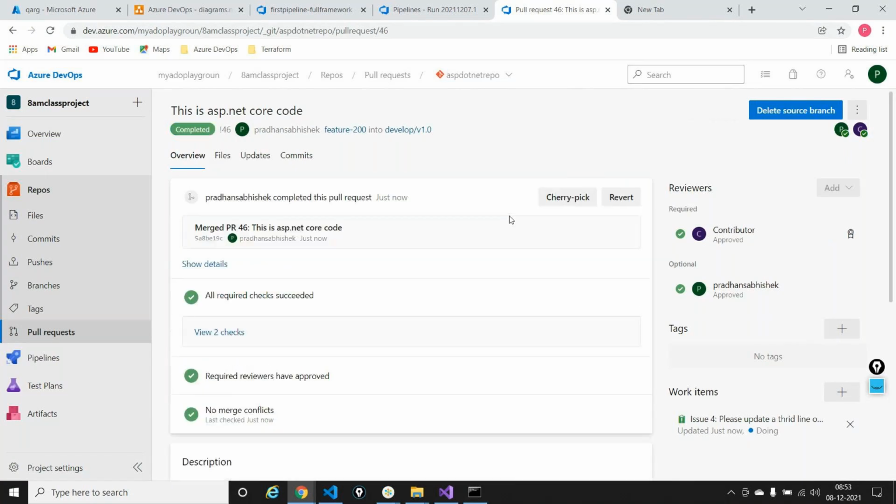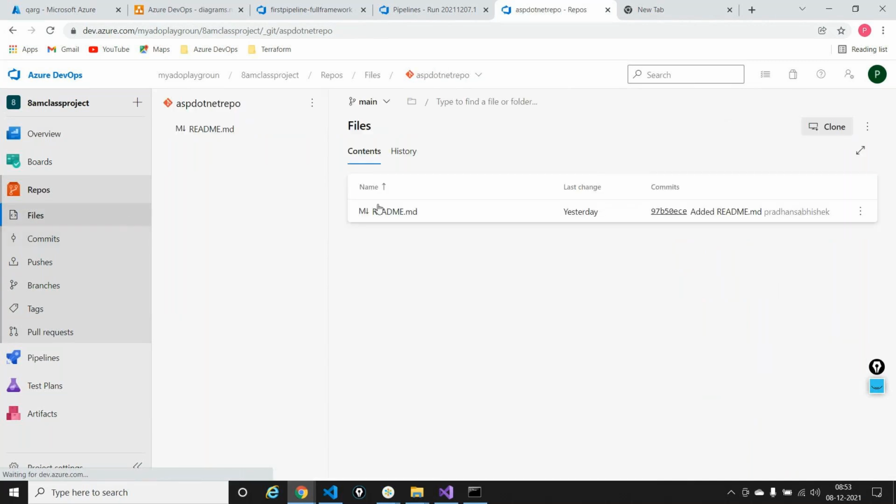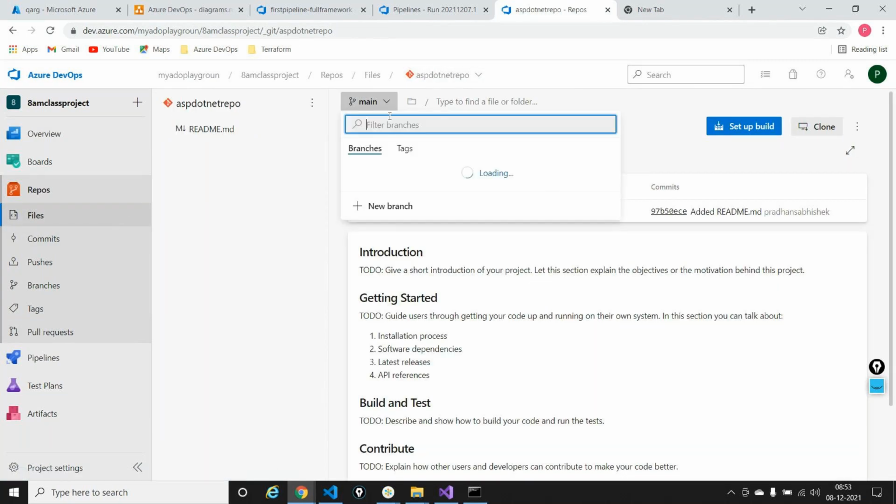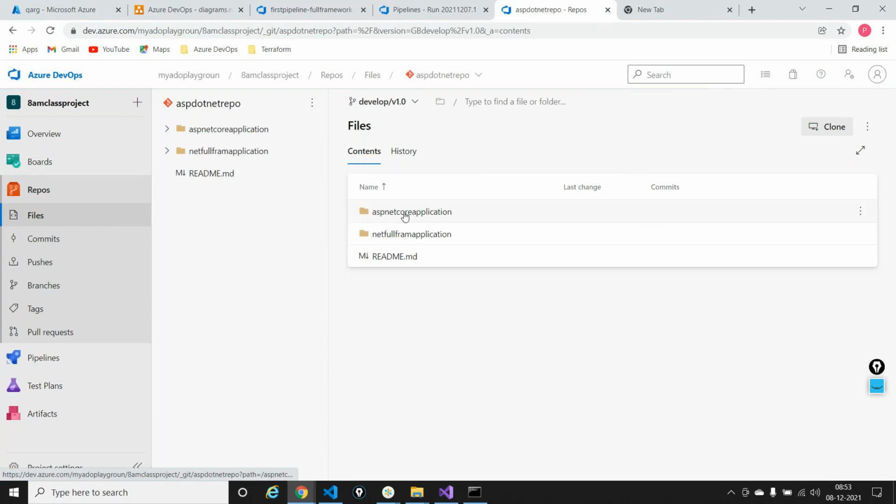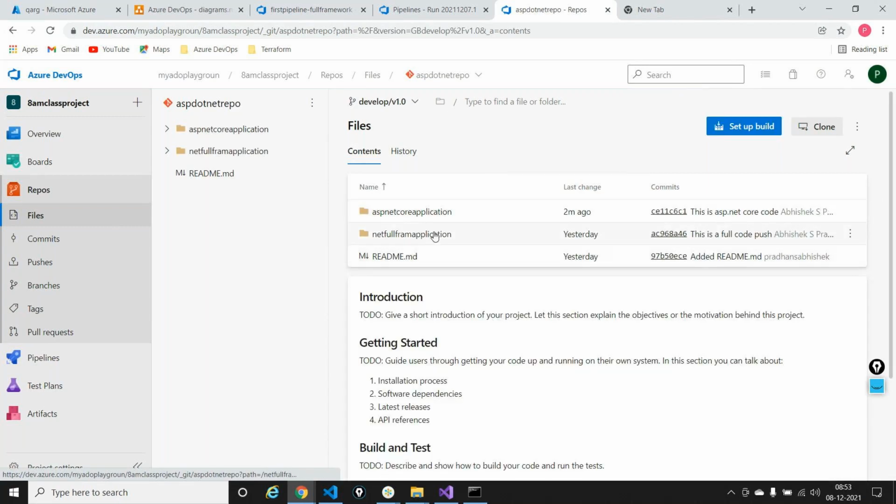So what I did right now, into my develop branch, if you look at this, this is the main, but if I look at develop 1.0, I have both the full framework and the core application. Now I want to create a pipeline for the core application. Yesterday I created a pipeline for the full framework. Now I will say pipelines,